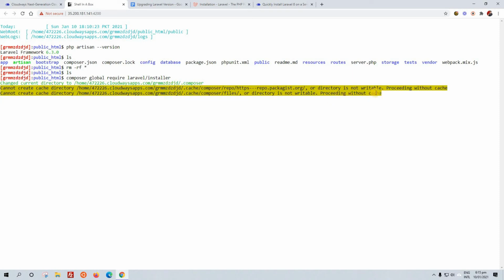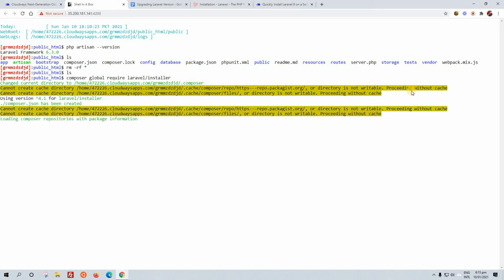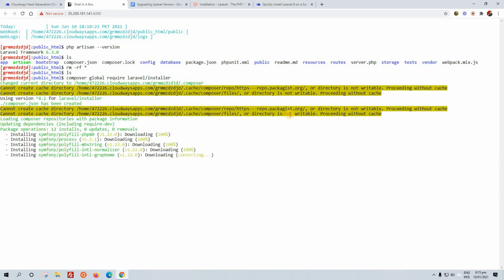Just ignore these warnings. They are just for the cache directory, which is obviously not possible to be created since the installation has just begun. So just ignore these cache warnings. I cannot create cache directory. It's not an issue. It's not a problem.